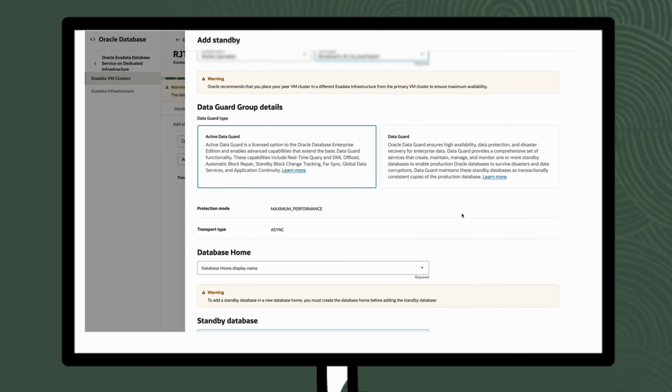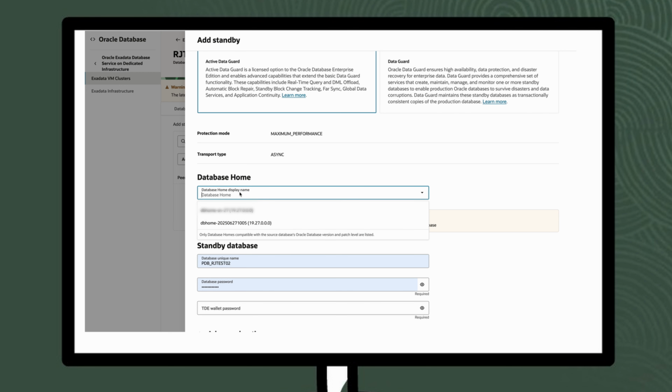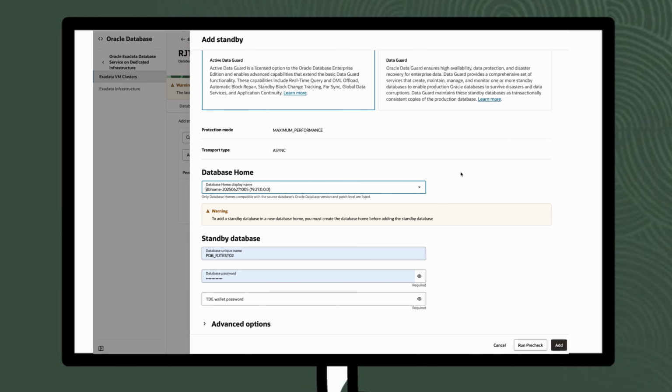Then scroll down and choose the DB home on the standby VM cluster. Note that only DB homes compatible with the source database version are displayed. The primary and standby databases must be on the same major release version, while the standby database can be on a higher minor version. Now enter the standby database unique name, password, and also the TDE password, and press the